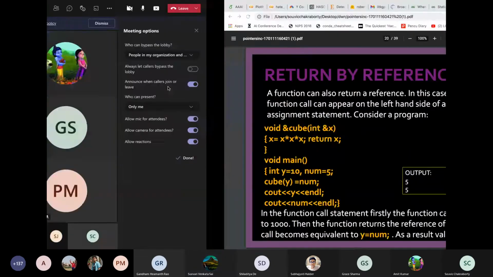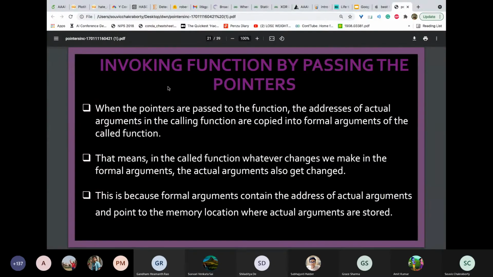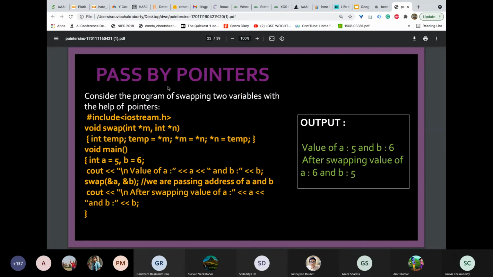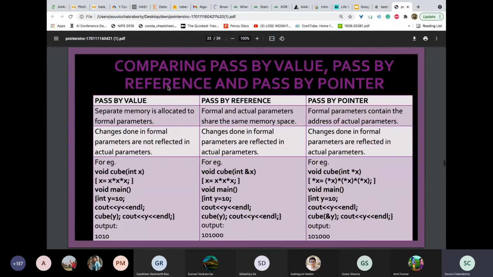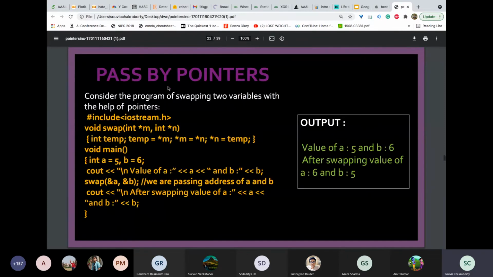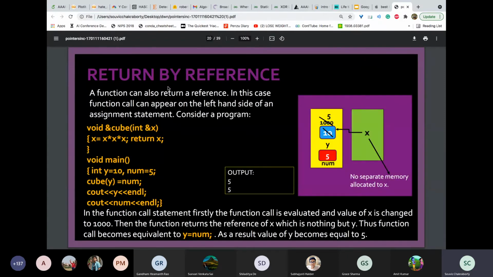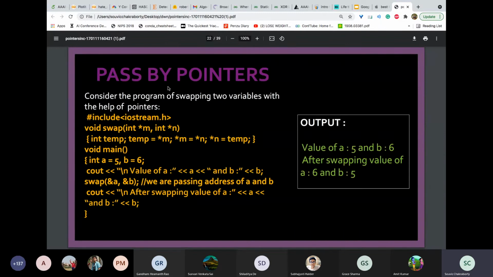Okay, sir. Sure. So yeah, here there's a simple example of what will happen if we swap, if we use a function. Only one example, if you can find. Fine. So similarly, if we use pointers, what should be the syntax? It is given here, for swapping,